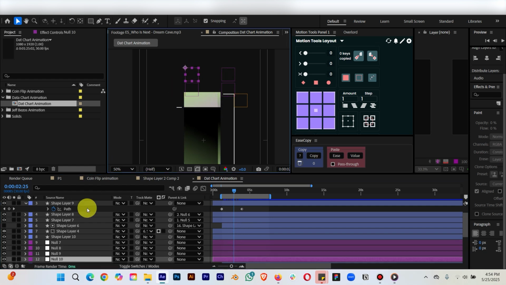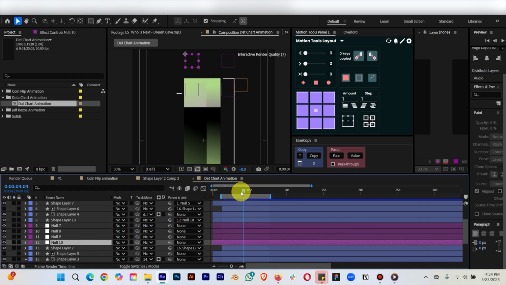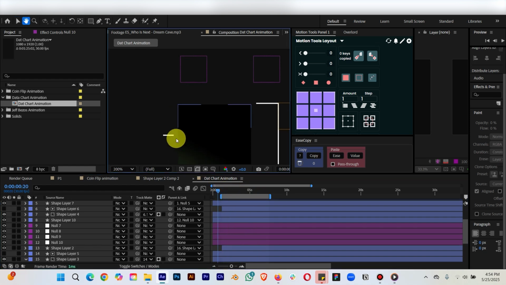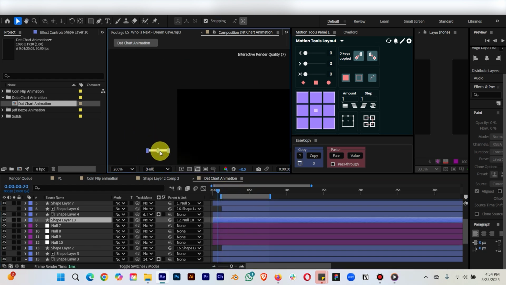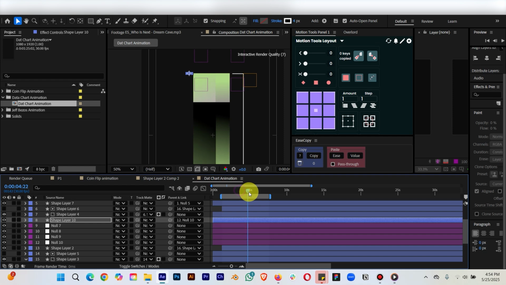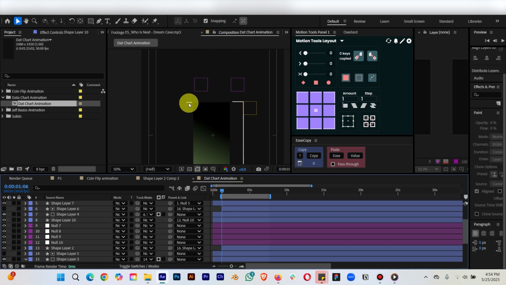Null number 10, sorry. We have to parent this with our null number 10. Let's have a look now. Okay, now it is moving. Good. Let's place this there. Let's check the thing now. Good. This seems cool. We have achieved our thing,